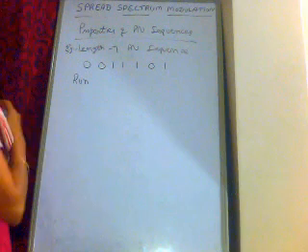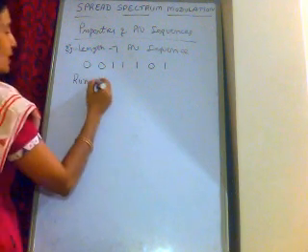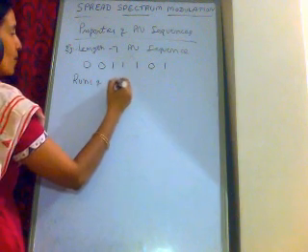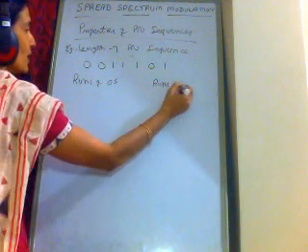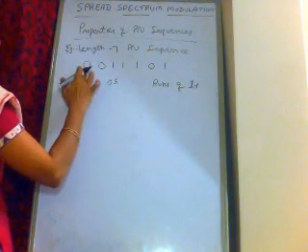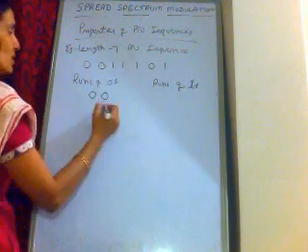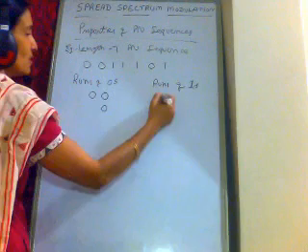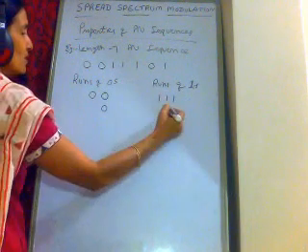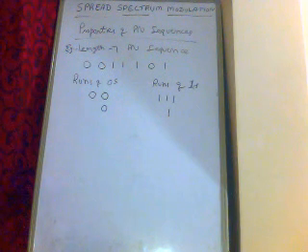Run means in one shot how many zeros or how many ones are appearing in a given PN sequence. So runs of zeros, and here I will be writing runs of ones. How many runs of zeros are there in this sequence? There is one run of zeros here, one run of zeros here, correct? And one more is here. Similarly, runs of ones, there are 3 ones here, there is 1 one here. So this is the meaning of runs of zeros and runs of ones.